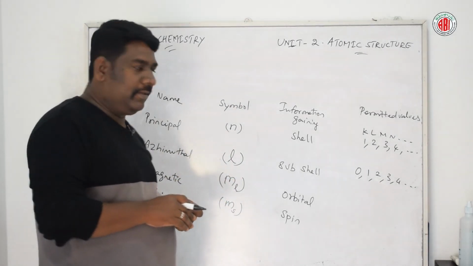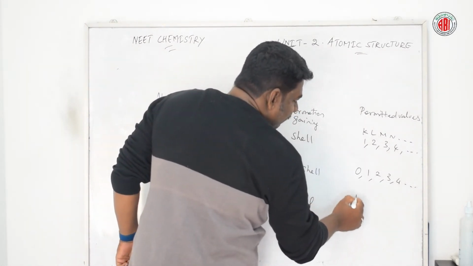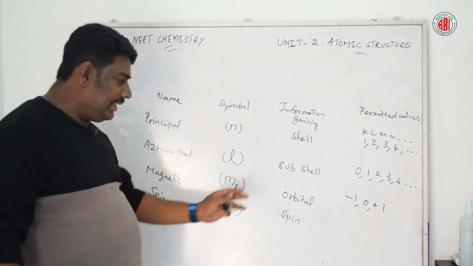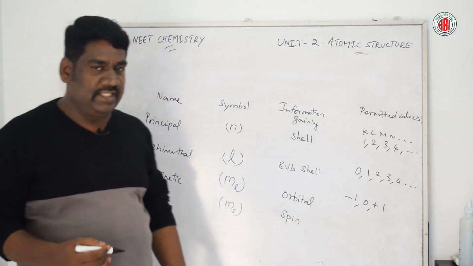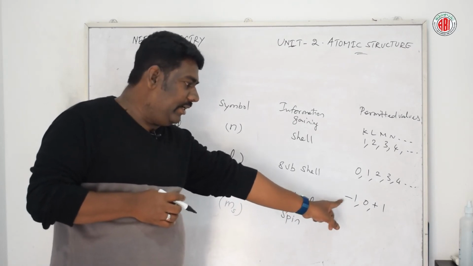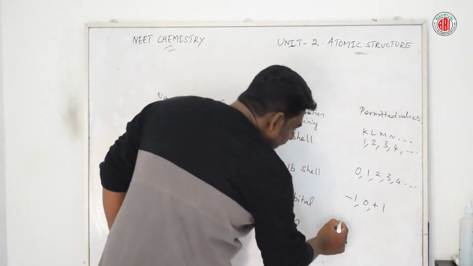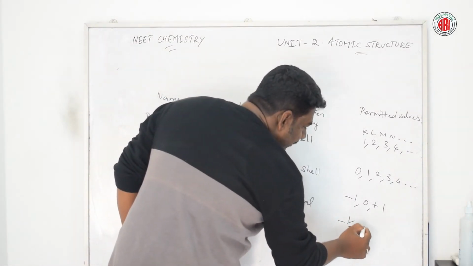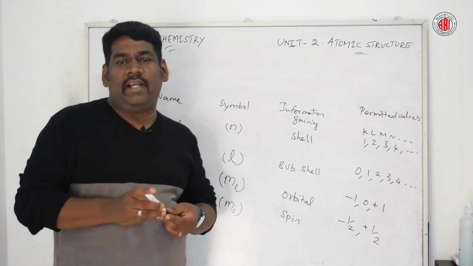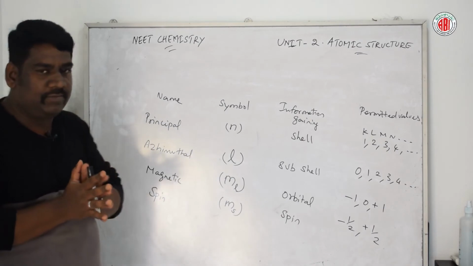Talking about the magnetic quantum number, the value starts from negative 1, 0 and positive 1. It goes on. It may increase either on this or that side based on the number of shells present. So this could be described by negative values, 0 and positive values. And spin orientation similarly, negative 1 by 2 and positive 1 by 2, that is the clockwise direction and anti-clockwise direction of the electron. So by this way we can explain in detail about all these 4 types of quantum numbers.